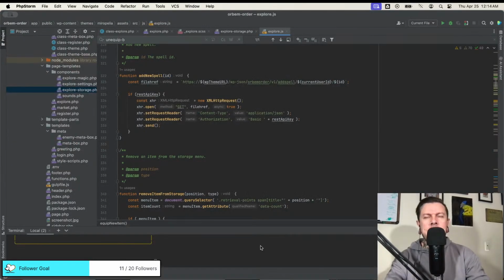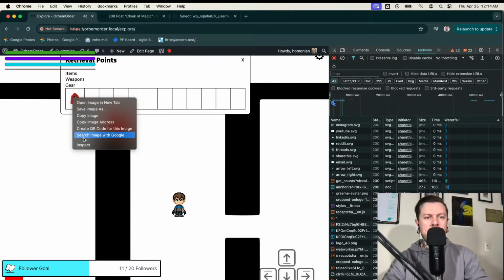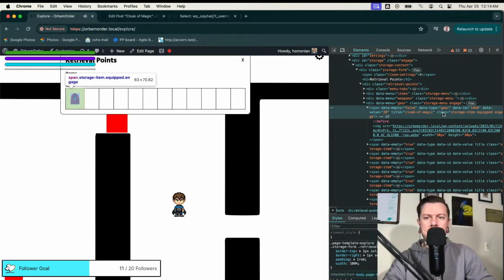So honestly, what I need to know is everything that's currently equipped. And I think I'm doing that in the storage menu. So if I look right here, it should have an equip class. It does.